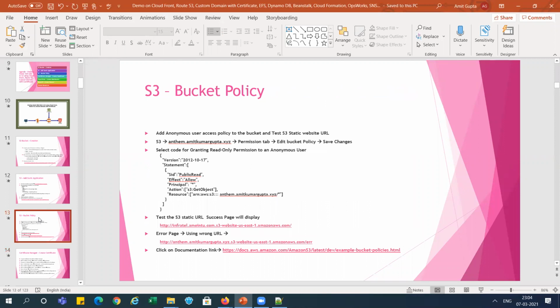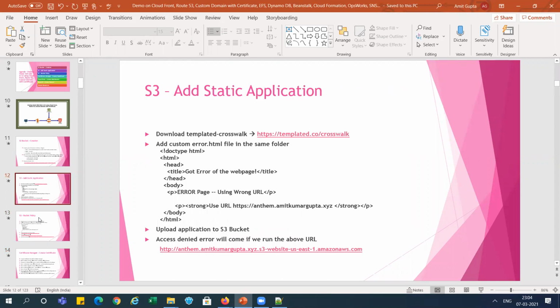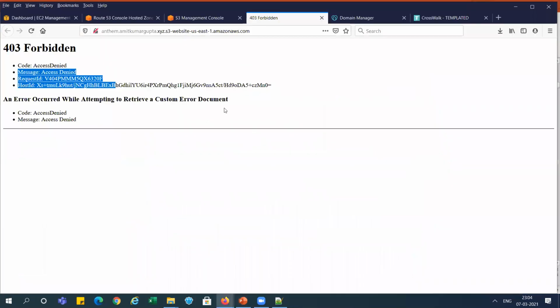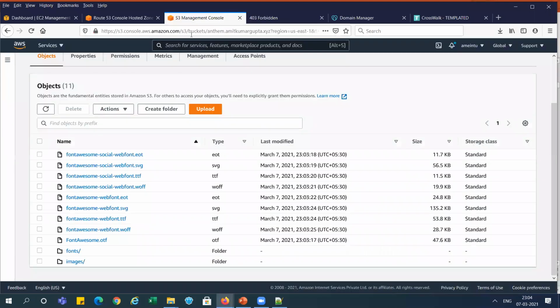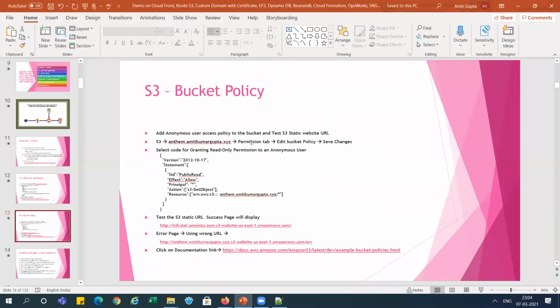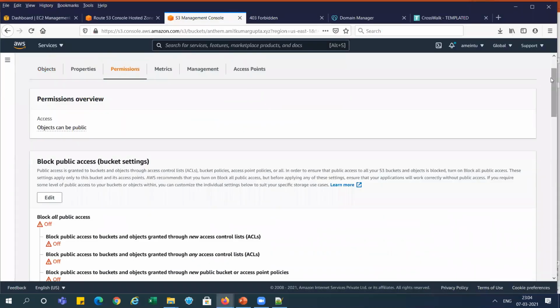Now we need to change the bucket policy, right? So we need to add allow access for that. We need to go to the same S3 bucket, permissions. You can see I mentioned here the permissions tab, add bucket policy, right?